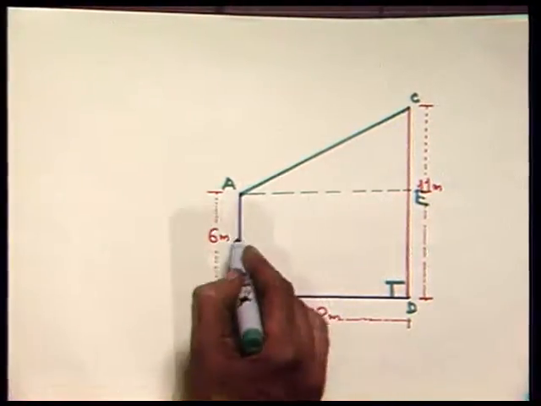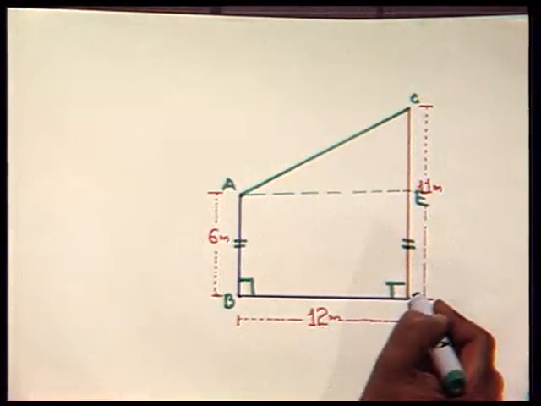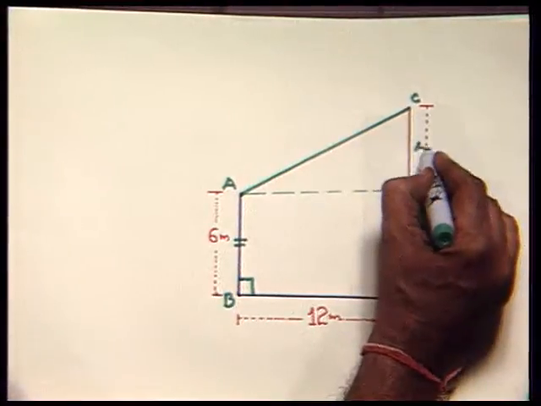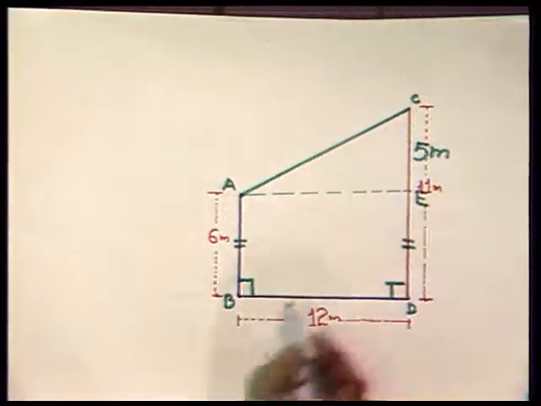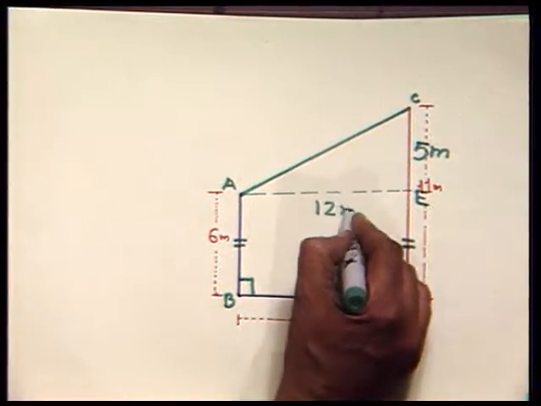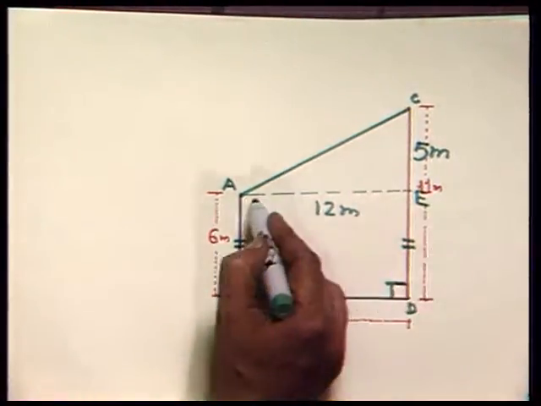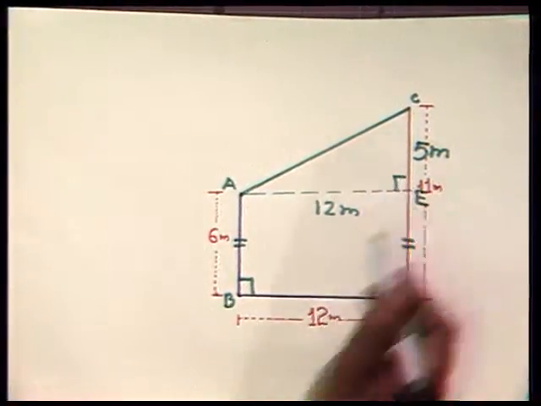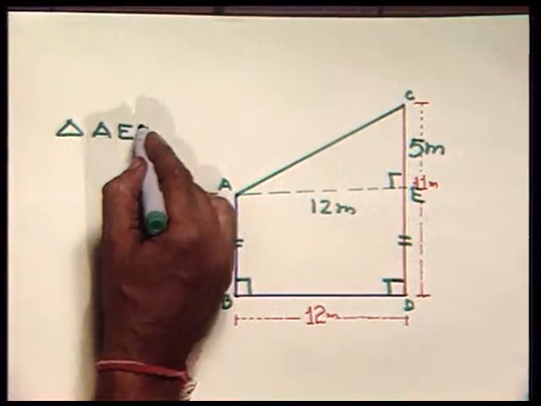So, obviously here this distance will be equal to this. Since the total distance is 11, this distance left over is 5 meters. And the distance AE will be equal to the distance BD, that is 12 meters. This angle is 90 and we had drawn AE perpendicular to CD, so this angle is also 90. So, taking triangle AEC,